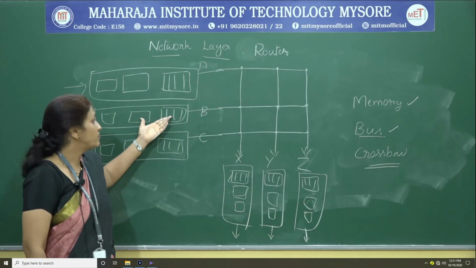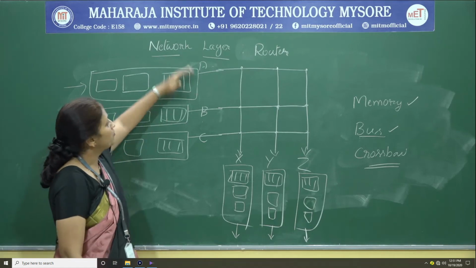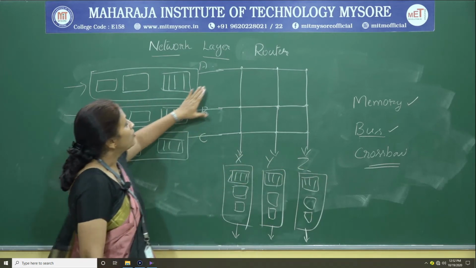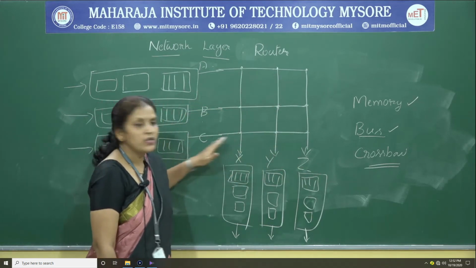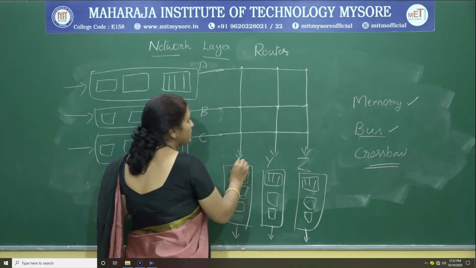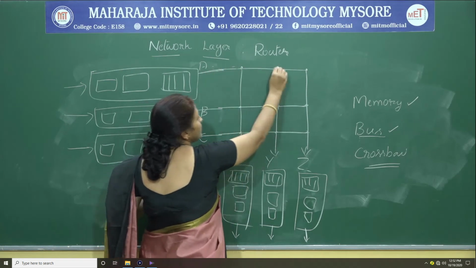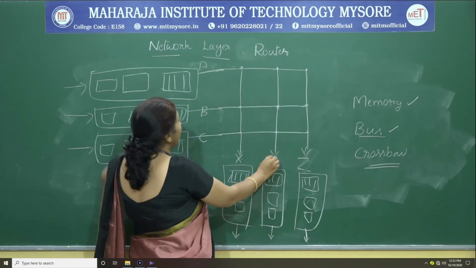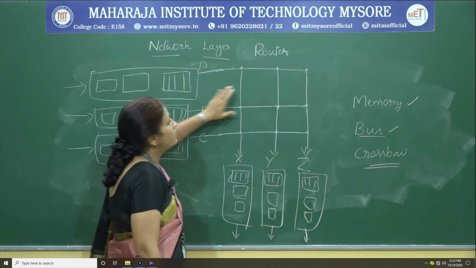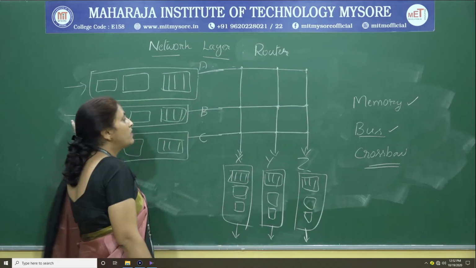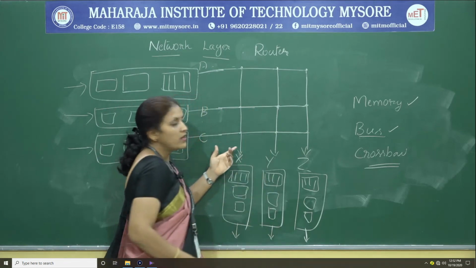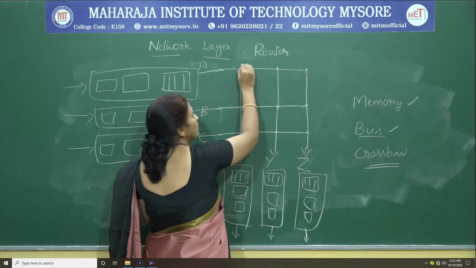So, in the case of a crossbar or interconnection, we have 3 input ports A, B, C and 3 output ports X, Y, Z. Here we have different paths between these ports. We can transfer packets from A to X through this bus. Through this bus we can transfer from A to Y. Similarly, from A to Z we can have this path. We have several paths to transfer packets from input port to output port. Each horizontal bus intersects with a vertical bus.